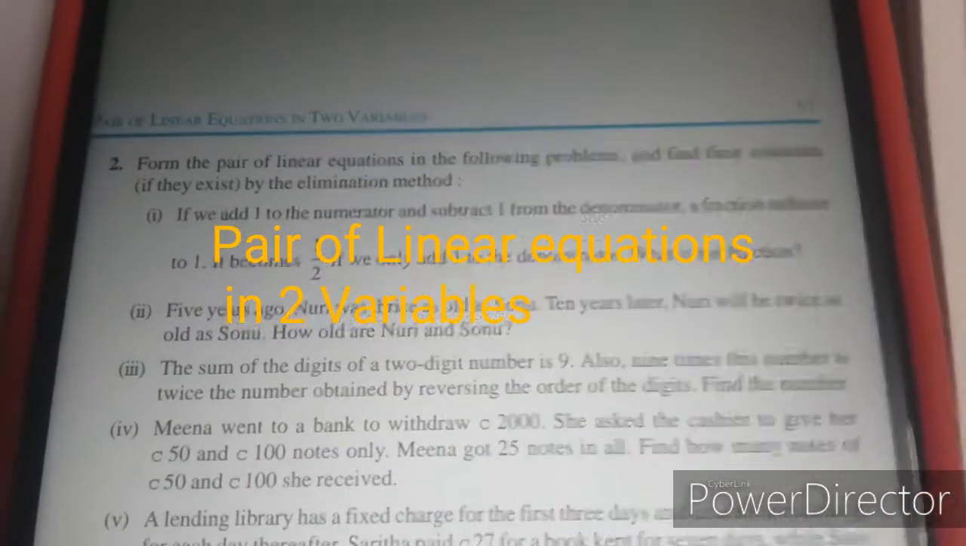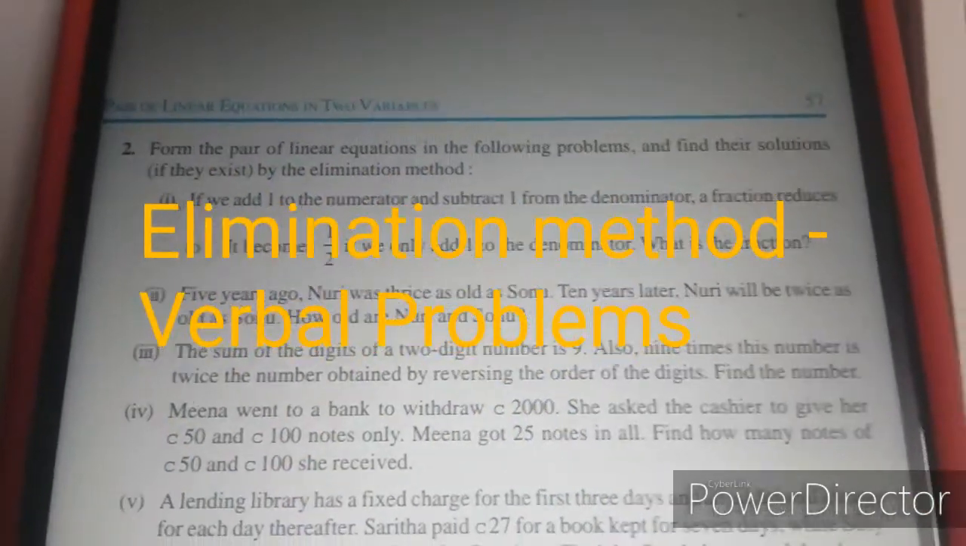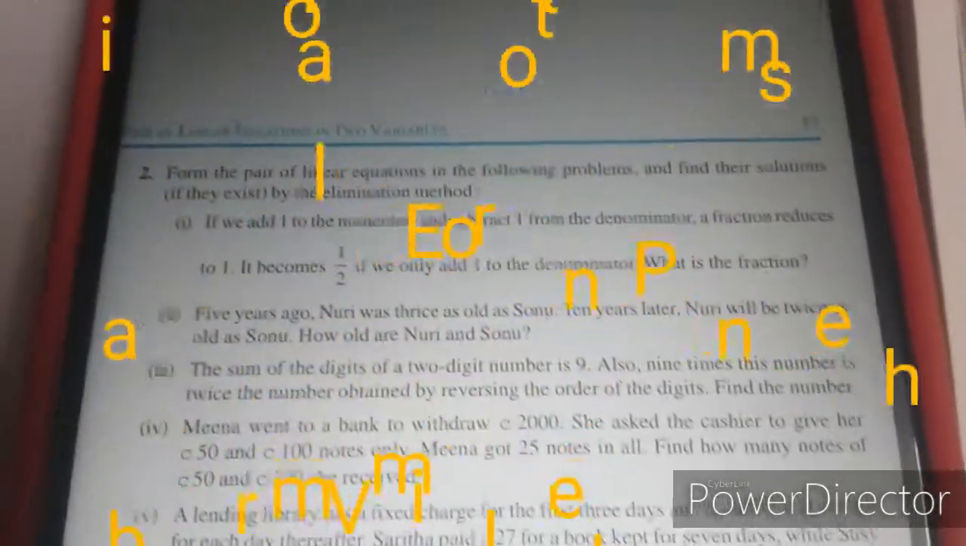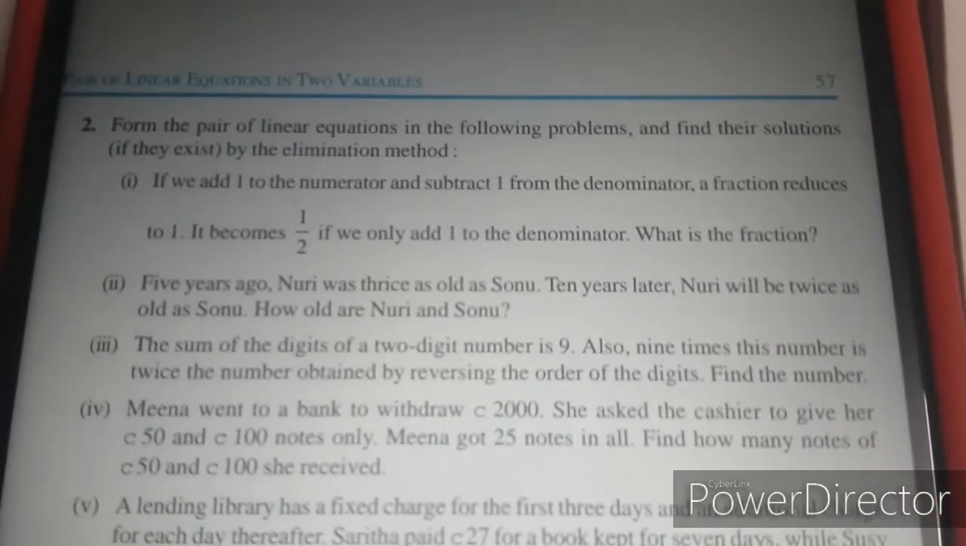Let us see the verbal problems of this pair of linear equations in two variables by the elimination method. This is from exercise number 3.4 of the NCERT textbook. Form the pair of linear equations in the following problems and find their solutions, if they exist. In the bracket it is clearly shown that if they exist,